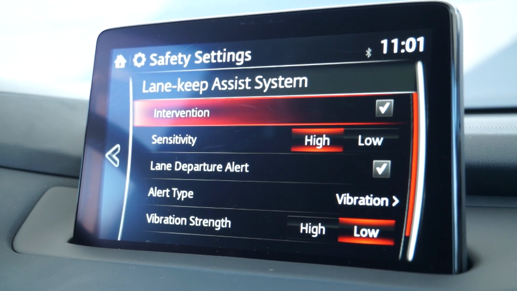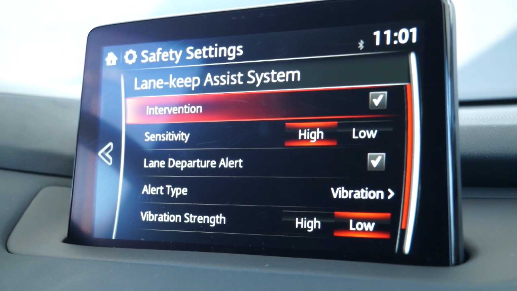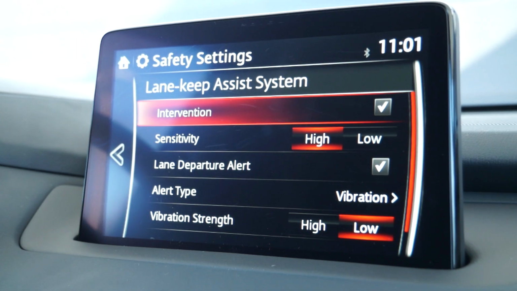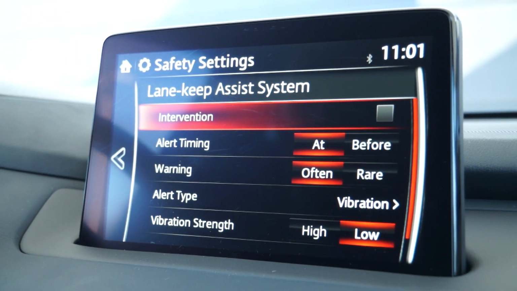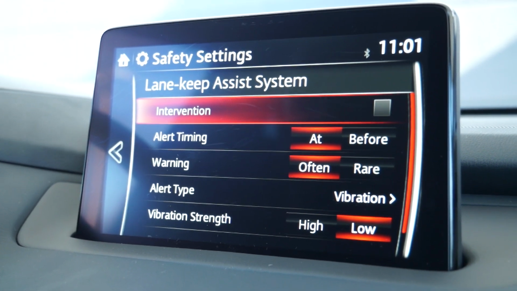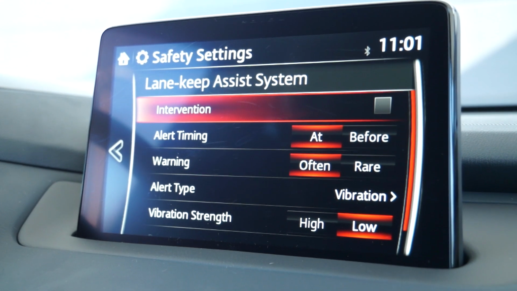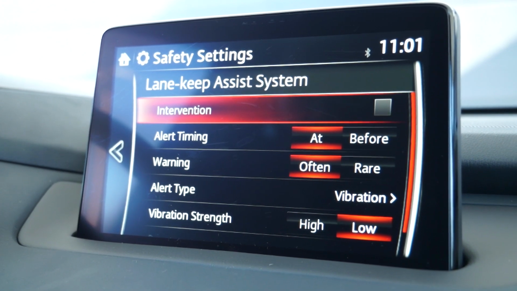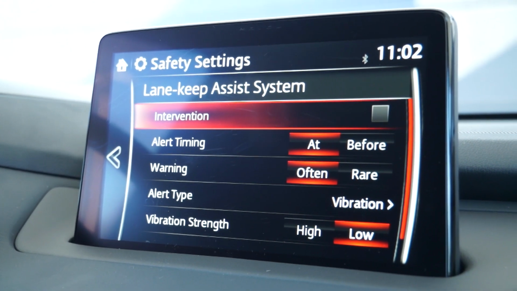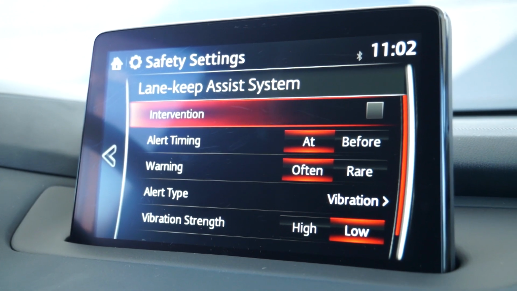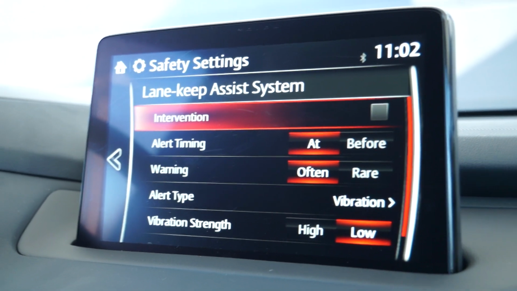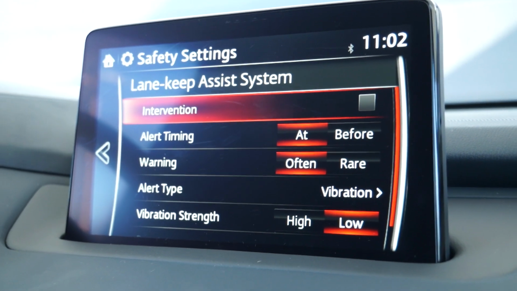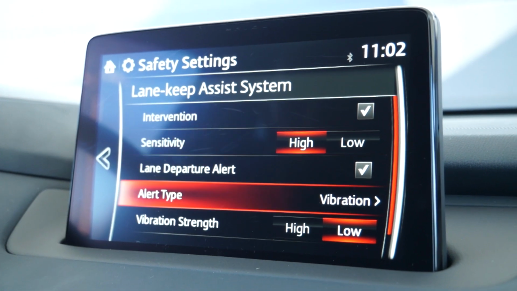The first one is called intervention, and that's really whether or not the vehicle is actually going to make the physical moves to keep you in the lane. If you do want to turn that off, you can still get the alerts and warnings, which is going to happen at or just before that vehicle notices that you are leaving the lane, and then it'll tell you on that warning whether it's often or rare, basically allowing you to change the sensitivity of the lane keep assist system. We're going to go ahead and turn that intervention back on